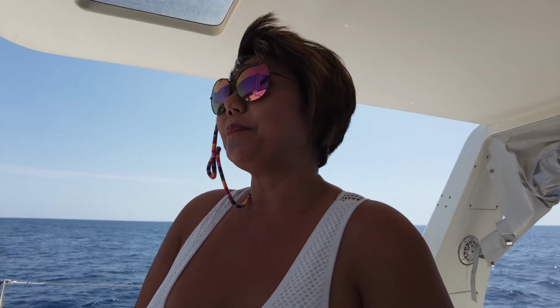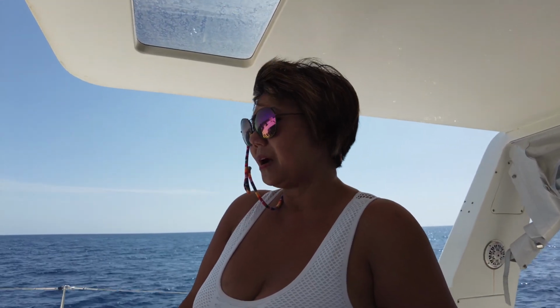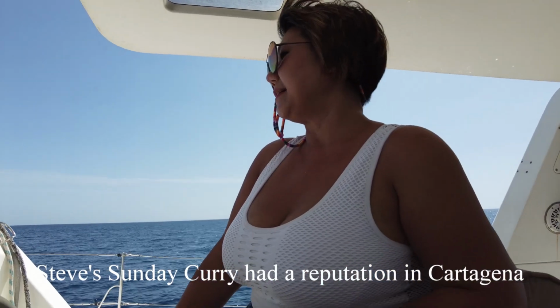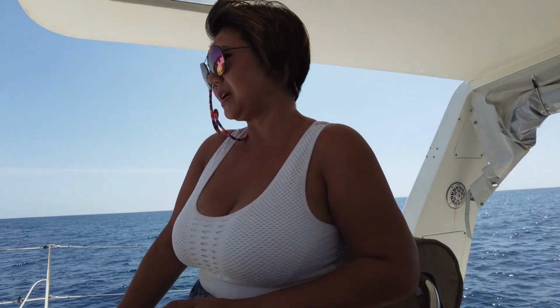We're sailing past Alicante, and we are about to pass Benidorm. And where are we stopping tonight? We are trying to stop at Altea to meet our friend, and hopefully he'll take us to a nice curry house as well. Oh yeah, it's Sunday curry day. And just a steady 1500 RPM. So hopefully we'll get there in...